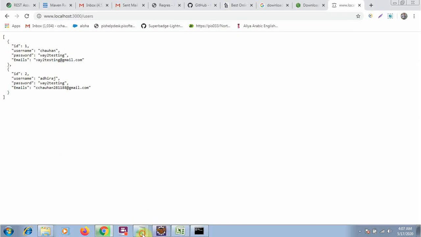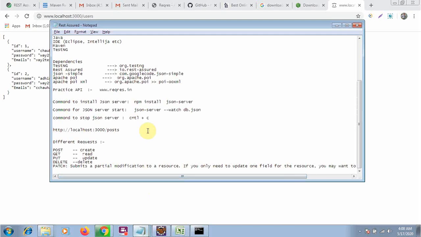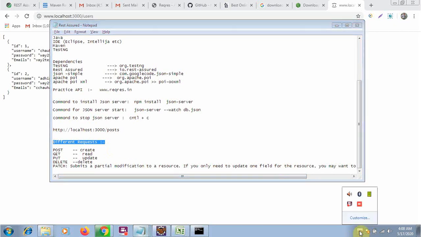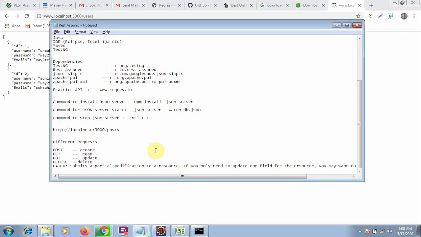Okay. So now let me show you first of all what operations, or what API requests, we will be automating. Suppose we have some basic methods of the API. There is a first method which is most used in the organization. These two methods you will be performing too much in whatever organization you are working.